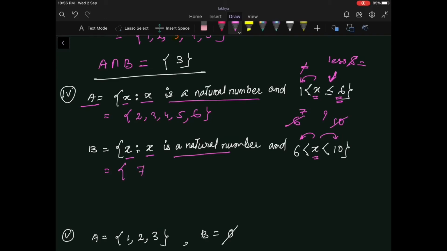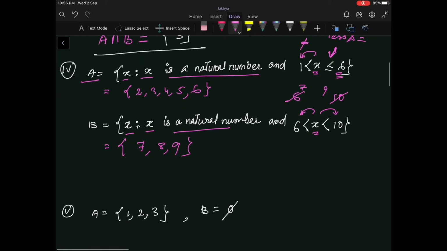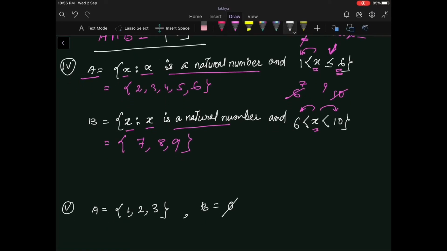Okay, so 7, 8 and 9. Now let's find A intersection B. What will be A intersection B? Let's find the common elements in these two sets. Here I can't see any common elements, that's why the result is